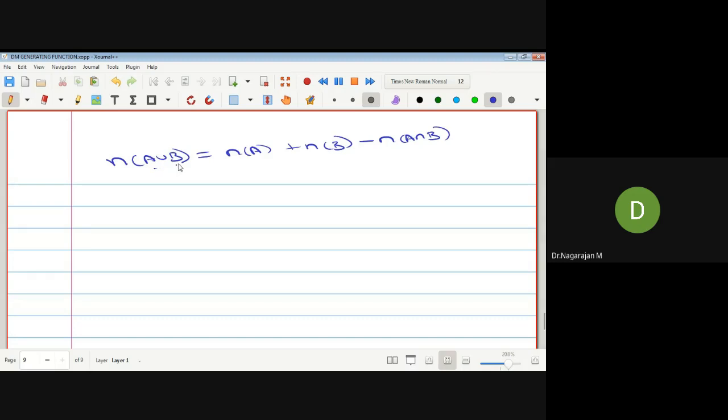A and B are independent, meaning disjoint or independent, meaning this overall value is equal to 0. Then what is the formula? N of A union B equal to N of A plus N of B. This is a basic idea. This is another notation in discrete mathematics, N can be written as this, the number of A union B.